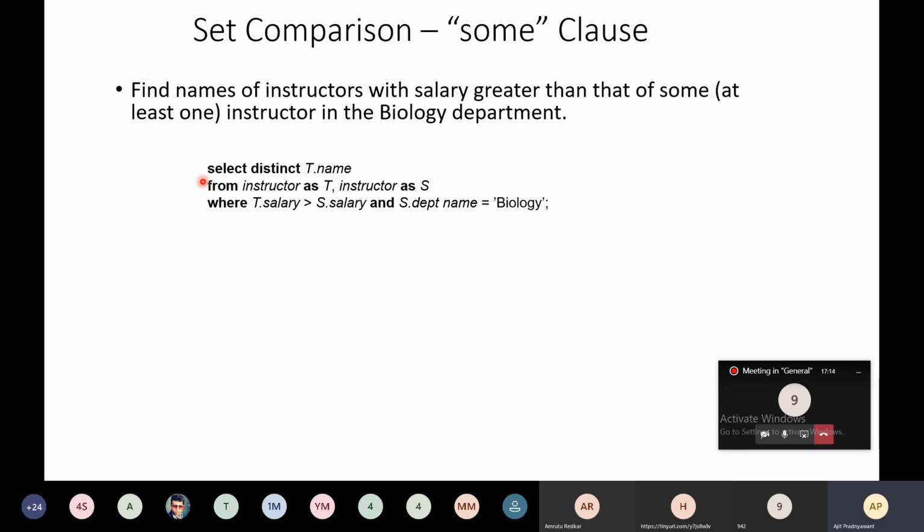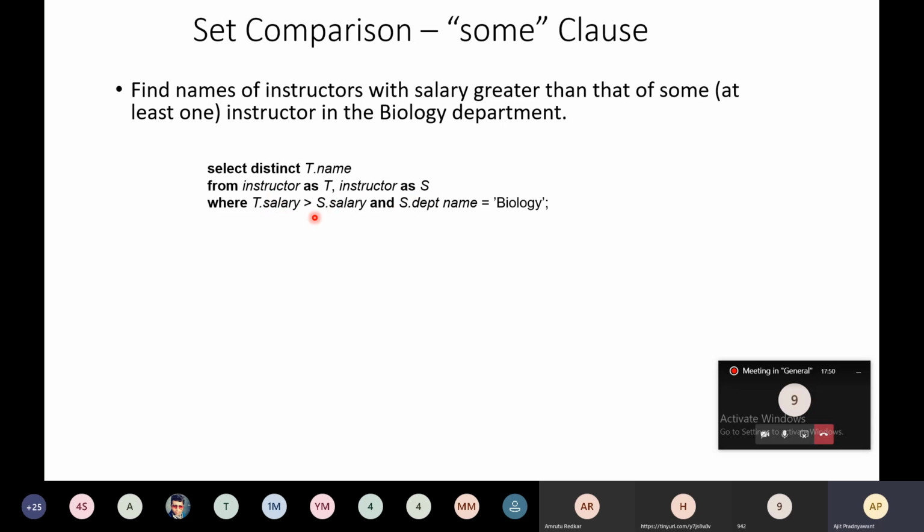So this is the query. You have to select distinct name from instructor as T and instructor as S, and just see the where condition. Where T dot salary is greater than S dot salary. Okay, in the where clause we have just compared the salary present in the instructor.